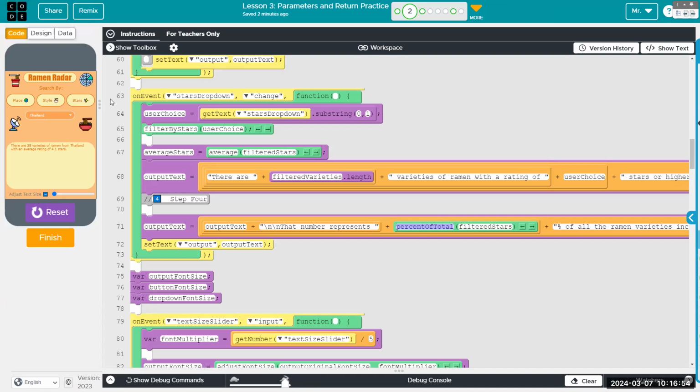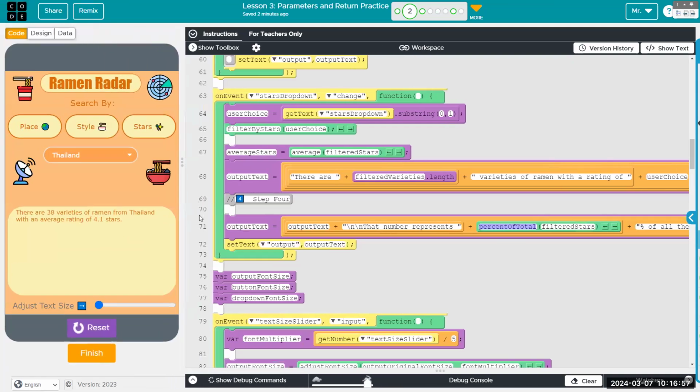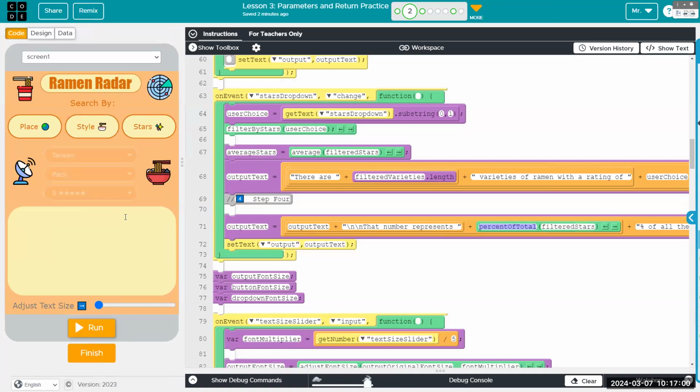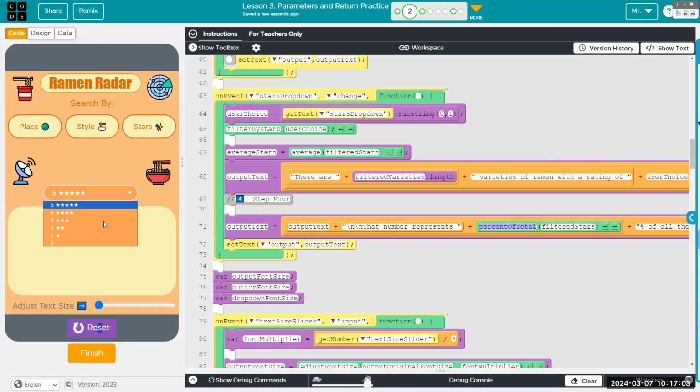Okay, which right now, if you've already uncommented or commented back in all the output text, if we go to stars, it should have an undefined for that extra line once it filters. Yeah, there we go. So the number represents an undefined percent because percent of total doesn't work yet of all the varieties included in the data set. Okay, so we need to make percent of total work so that the output for the stars dropdown has that information, where 13.2 or higher represents a